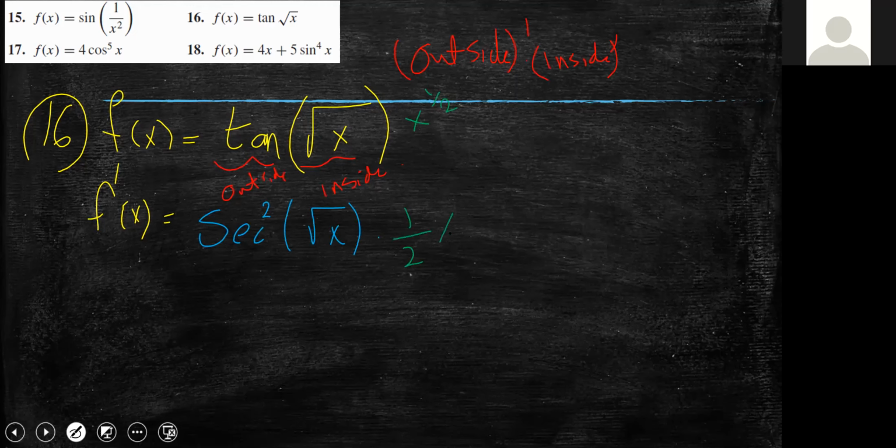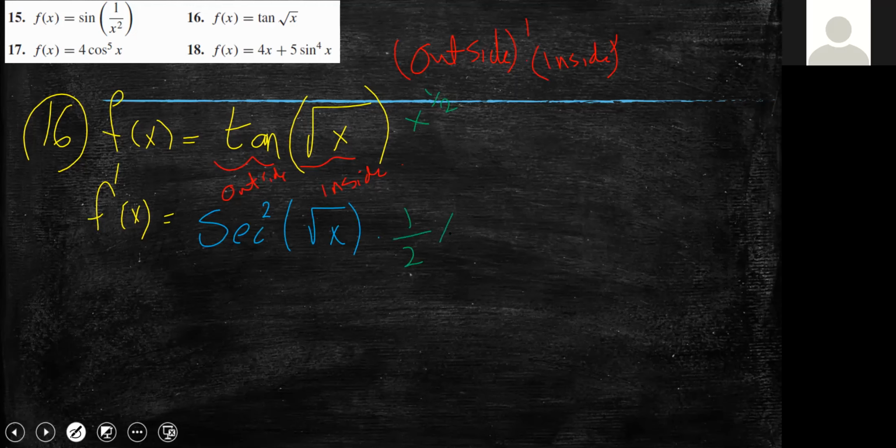So f times g prime, g prime we said is negative 5 sine 5x. Then plus g, which is cosine 5x, times f prime, which is 1. This is now the derivative of the first one,